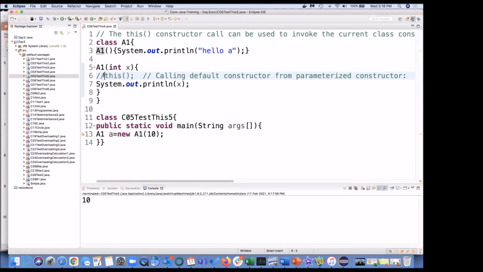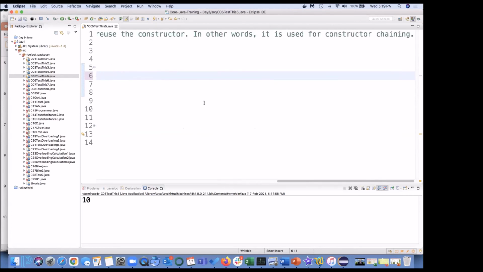But when you say this(), it means it is going to call the default constructor wherever it is. And inside your default constructor, by default, the compiler is going to add this statement, the super statement. The super statement will be seen later. And this is how your constructor chaining will be invoked.